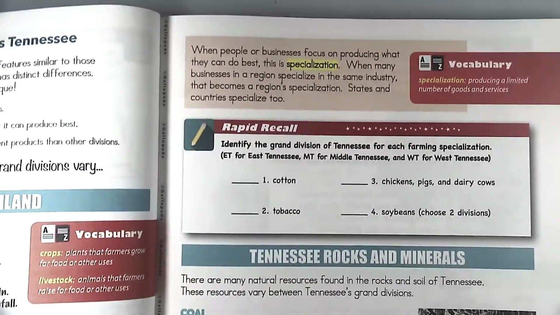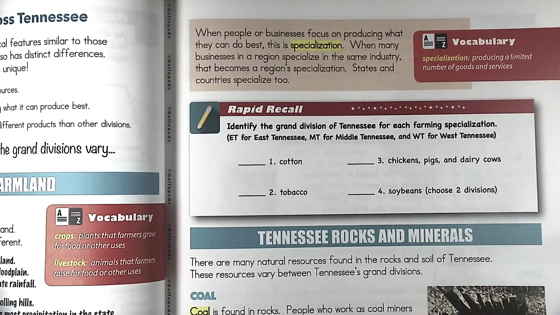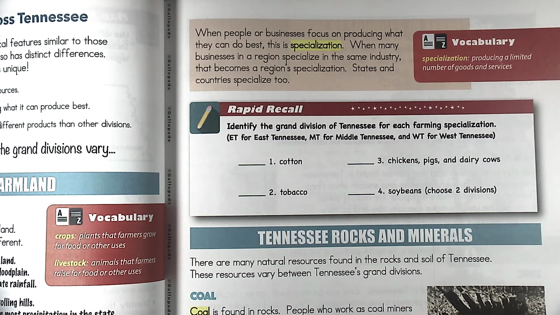Once you're done copying that down, let's look at page 63. When people or businesses focus on producing what they can do best, this is specialization. When many businesses in a region specialize in the same industry, that becomes a region specialization. States and countries specialize too. So you notice in our area, especially around this time of year, around the October or September part of the year,